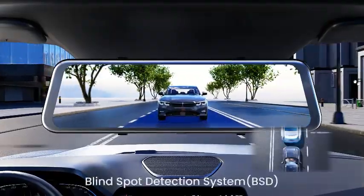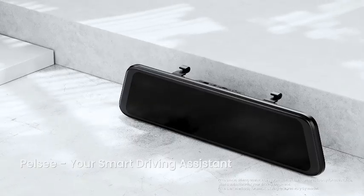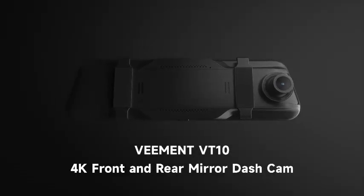Drive smarter, safer, and clearer. Number 5. Introducing the Vmint 4K Rearview Mirror Camera, a cutting-edge 10-inch 4K mirror dash cam designed to elevate